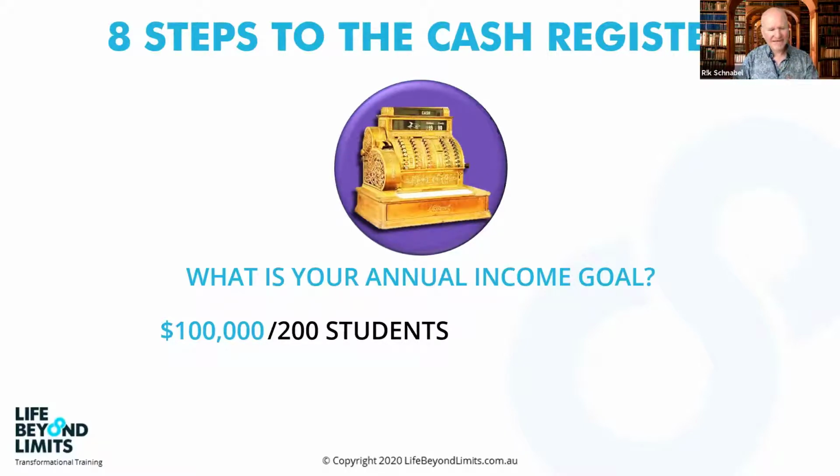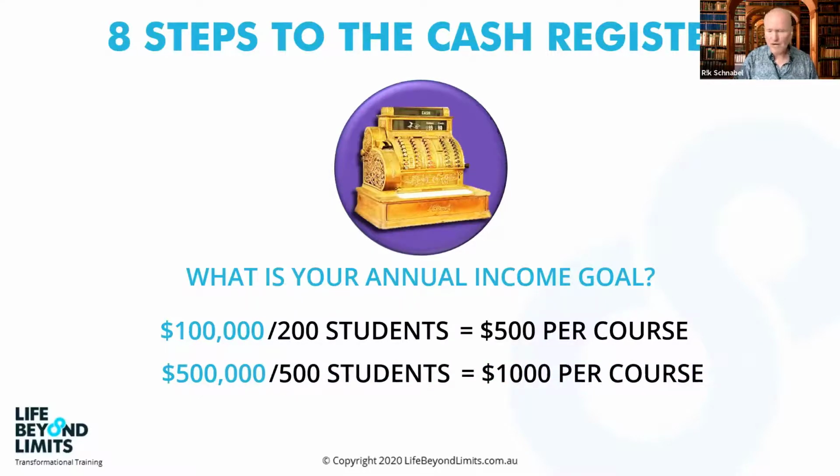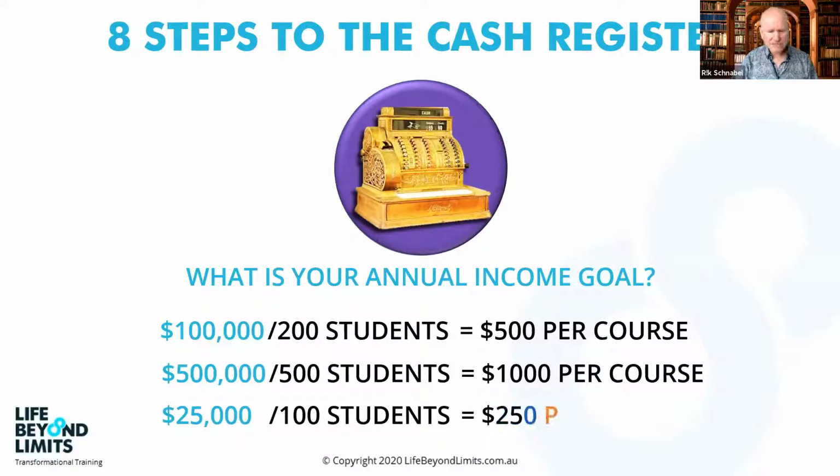But let's say if that's your market, so you know that roughly it's about $500 per course. So each course that you sell will be about the $500 mark. If you're aiming for $500,000, for example, and you think you can get 500 students, then it sets your price at about $1,000. So you want to build a course that is in the $1,000 range. If you're looking for something much less than that, let's say $25,000, just some part-time or bonus income, and you think you can get about 100 students in this program, well, then it's only $250 per course.